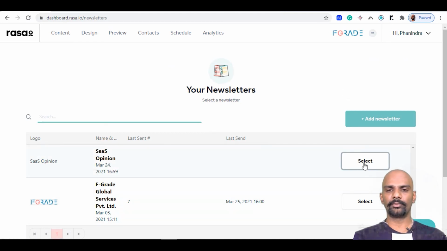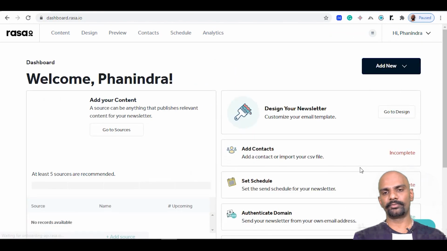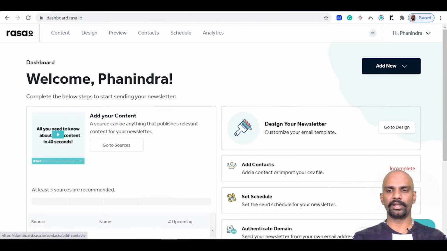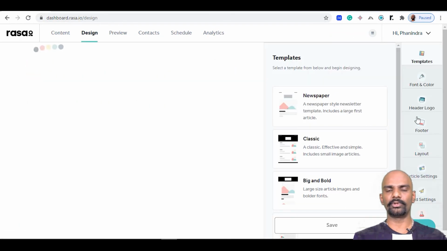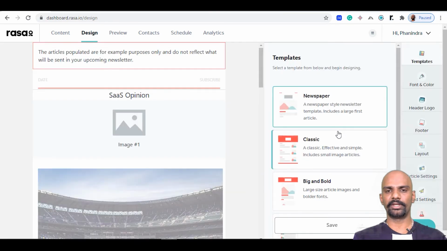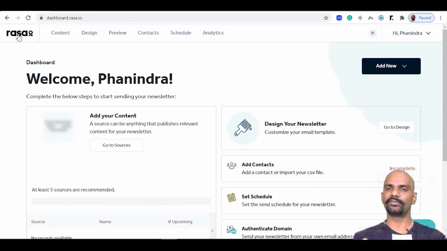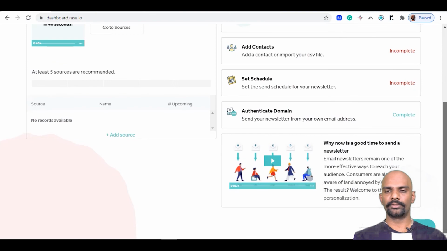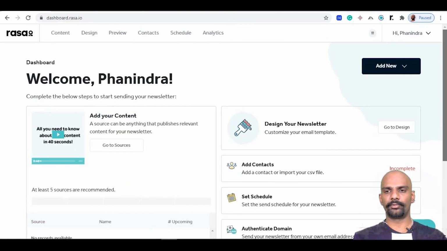So there's one more option. If you want to create a rasa.io newsletter for your client, you need to create one more newsletter. Okay, there you can create the design, contacts, everything new. Okay, on the top right, you just click the drop down, click my newsletters and select create one more company page. That's it. The same account features will be shared. Account contacts will be shared between the two newsletter options. This is how you can do it.